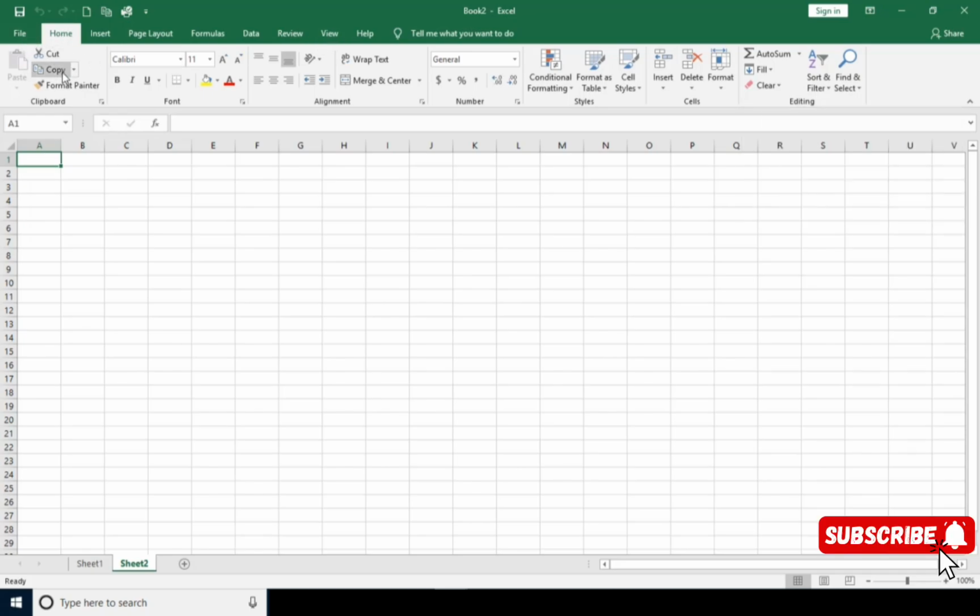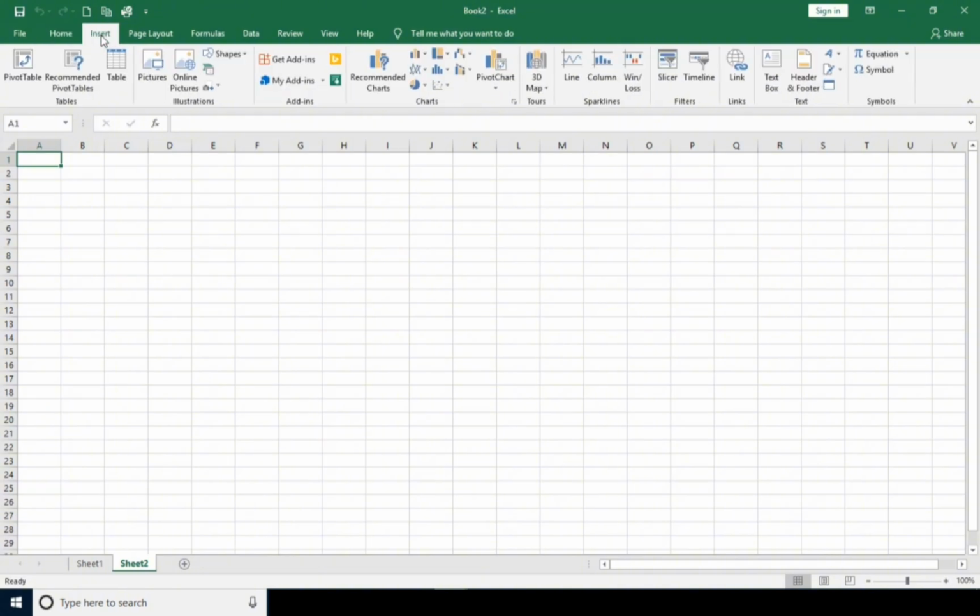On the ribbon, you can click on the Home tab. This way, you're going to have the formatting options, the font options, the alignment options, the number options, styles, cells, editing. When you click on the Insert tab on the ribbon, this is where you can insert pivot tables, recommended pivot tables. You can insert pictures, online pictures. You can get add-ins. You can get charts. You can use maps, tours, and things called sparklines, filters,